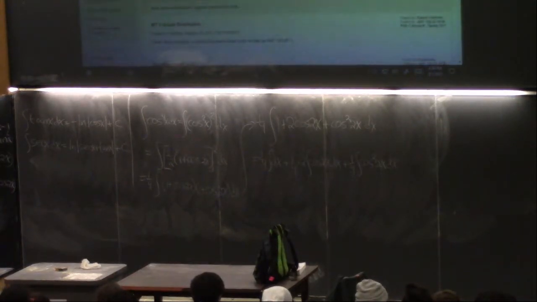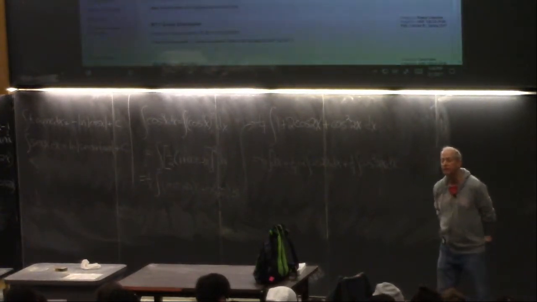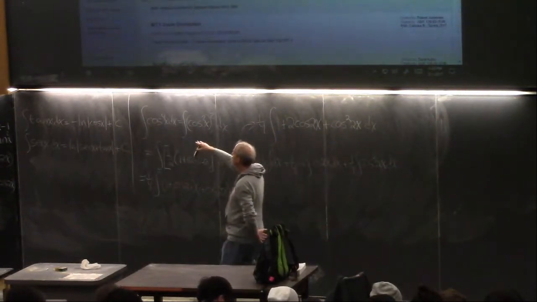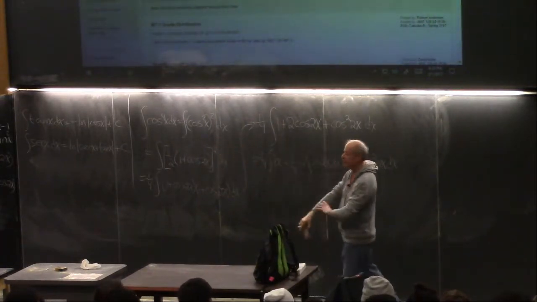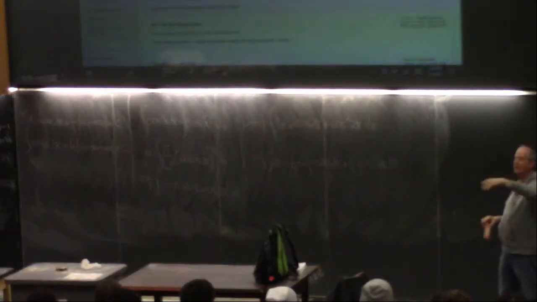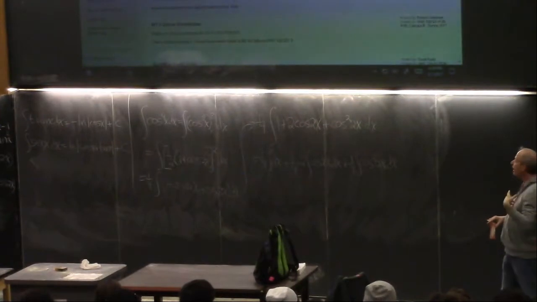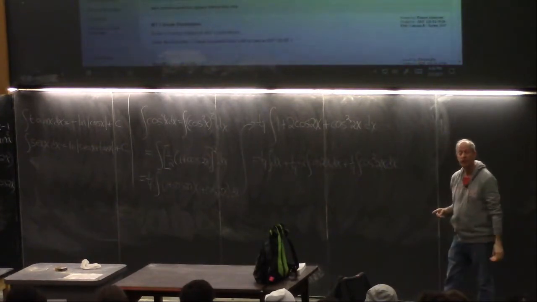Yes? Is it possible to use the identity 1 minus sine squared as opposed to? If you did 1 minus sine squared in the beginning, you would be in the same spot. Because if you use 1 minus sine squared here, and you square it, you're just going to get 1 minus 2 sine squared plus sine to the fourth. You're just going to have the same kind of stuff. So what you're trying to do is get rid of the squaring, and you're trying to reduce the power down to just a sine or a cosine. Because you know how to integrate sine. You know how to integrate cosine. So if you can get the powers from the fourth to squared to no power, the power of 1, then you can do it. Okay, so that's what you're trying to do.